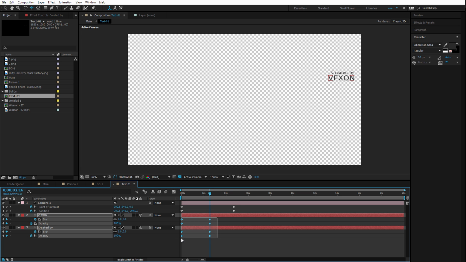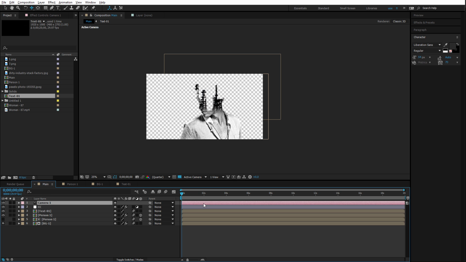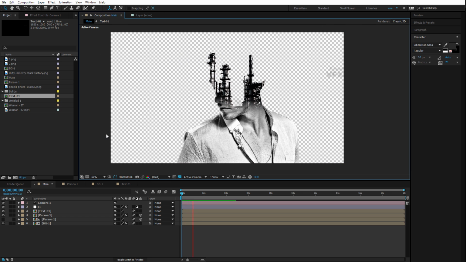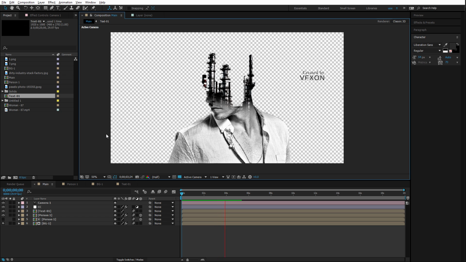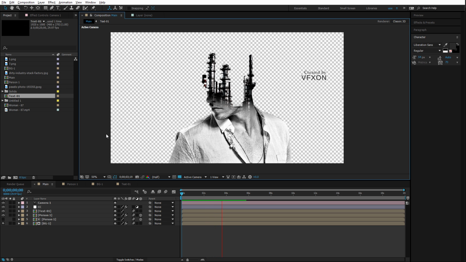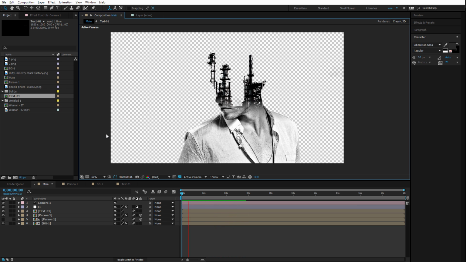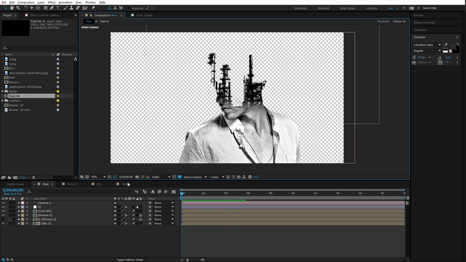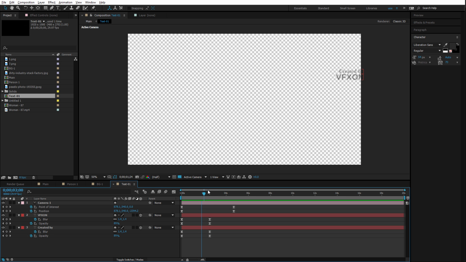Let's set them both to easy ease. And let's see how it looks. I think that looks okay. We just need to see how it looks all together right now. I think that the text animation is a bit too fast. But in general, it's alright. At least the movement of the person, that movement's good. But the text movement is a bit too fast, so